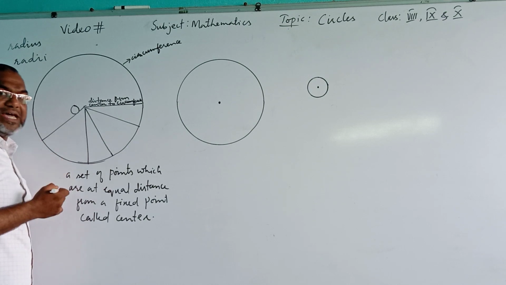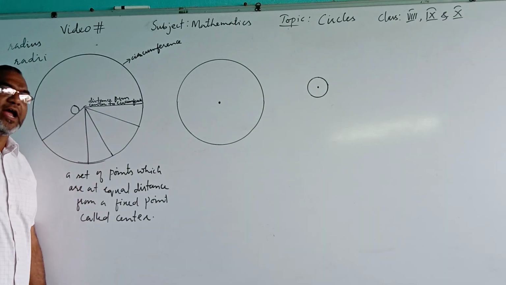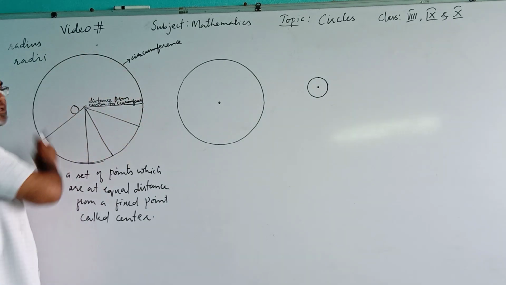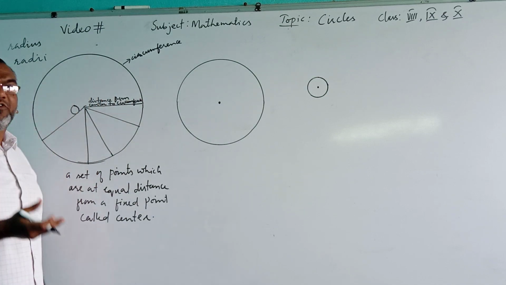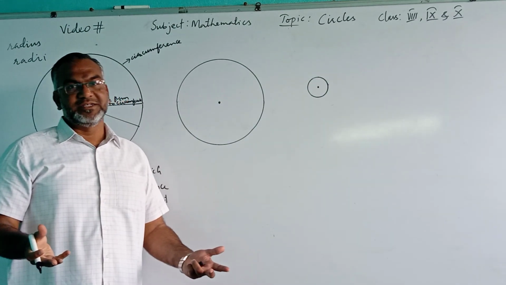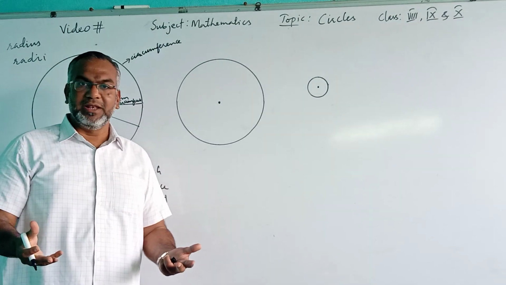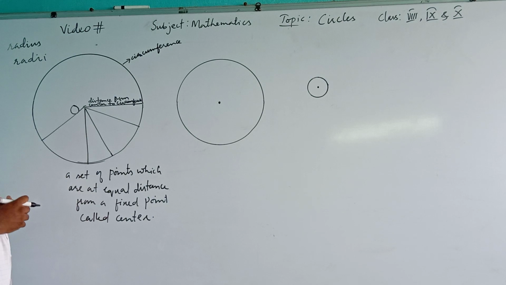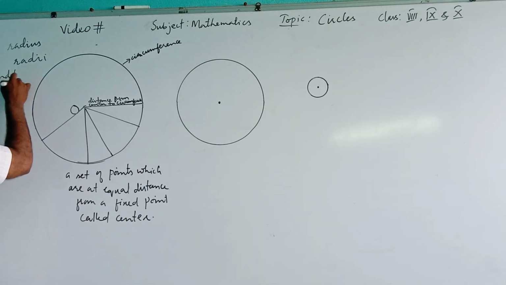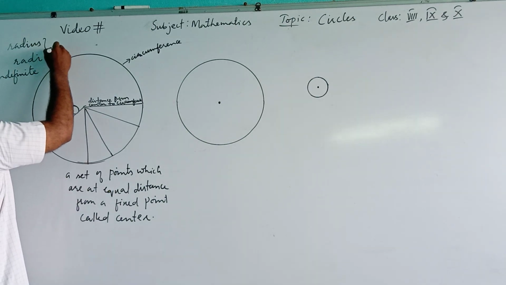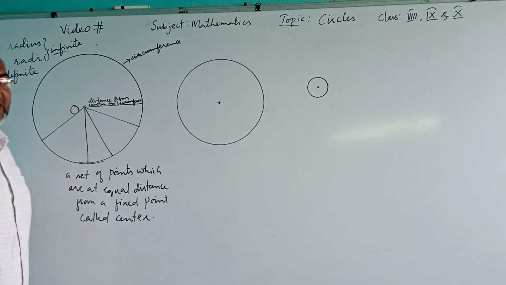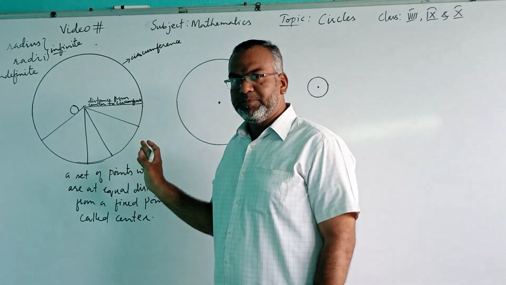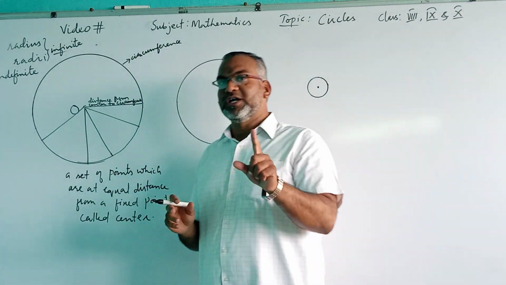We all know that there is an indefinite, infinite, uncountable number of points on the circle. So if I join them all to the center, the number of radii will also be indefinite, infinite, uncountable. So in a circle, an indefinite or infinite or uncountable number of radii can be drawn, and all the radii of a circle are equal